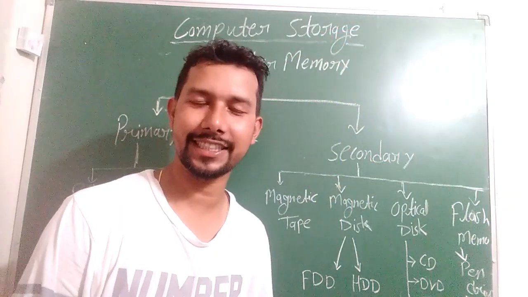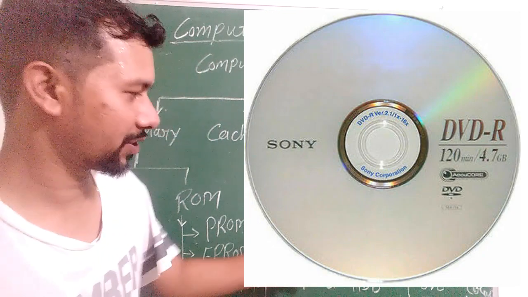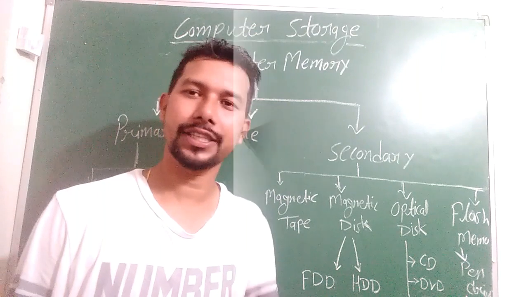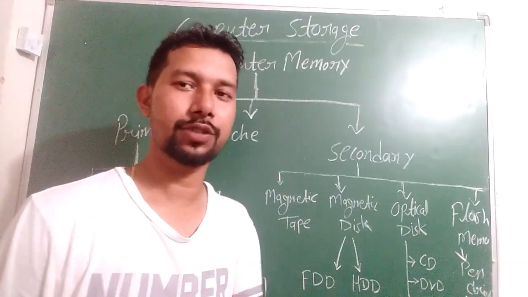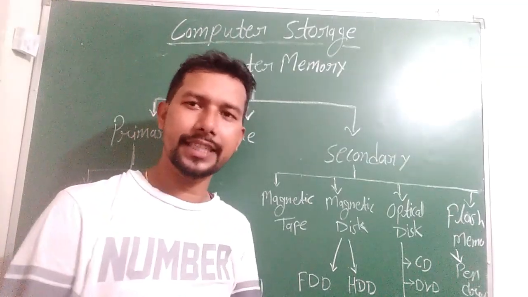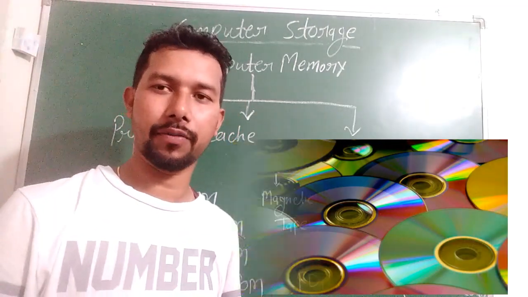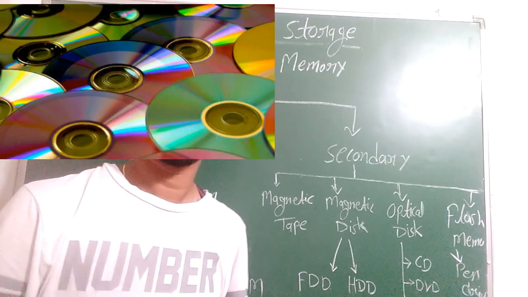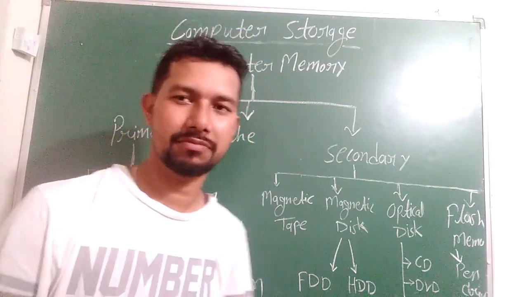This is not a CD, dear students. This is DVD. It looks like a CD, but stores more data than CD. CD stores only 700 MB, but DVD stores 4 GB of data. So it is very useful as compared to CD. When we use a CD, we can use it just one time, but a DVD we can format and change the data. But after changing 2 or 3 times, the DVD is damaged.